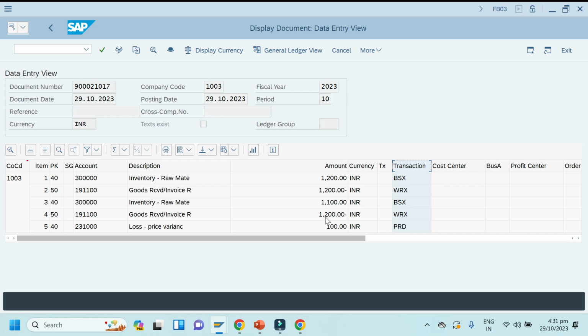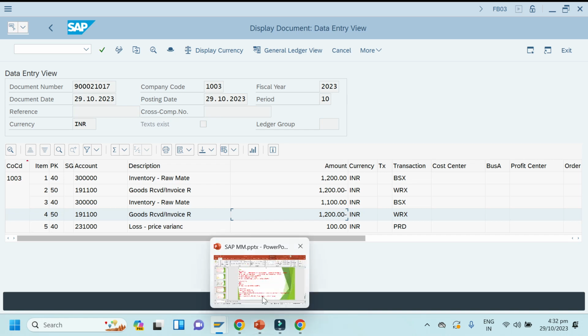That's why it will balance this GRIR account. Got it? Or any doubts here? Okay. So just note it quickly here.